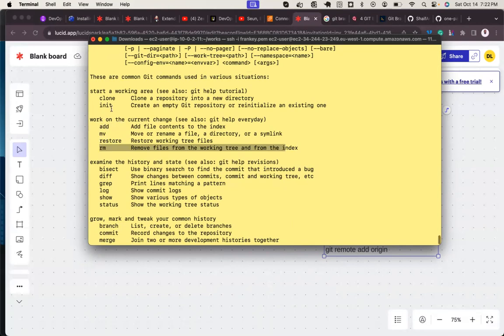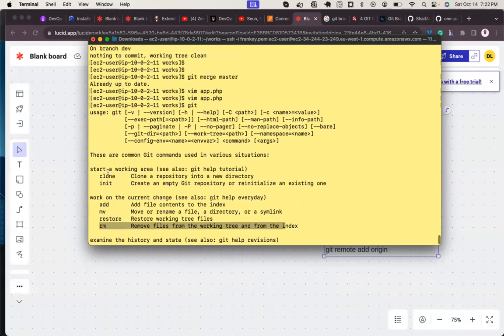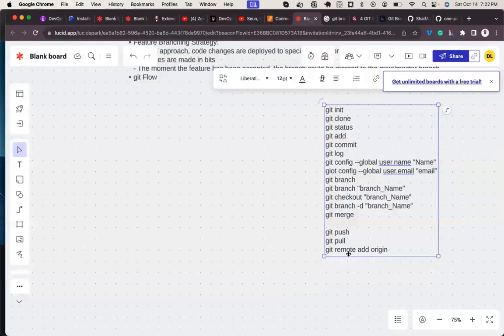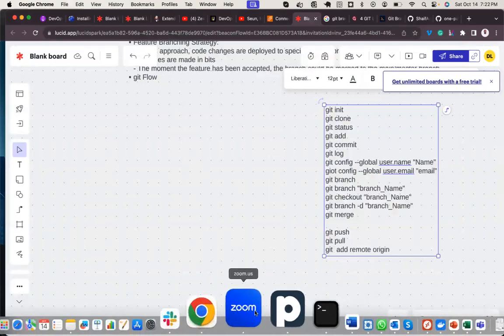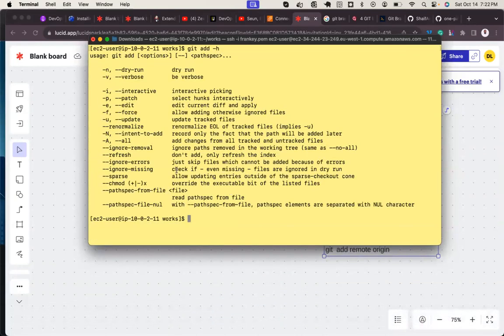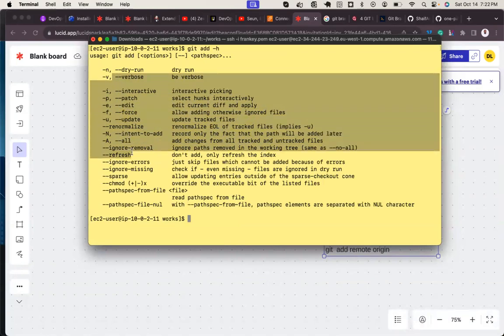Okay. So why is it not showing those management commands? Git add, sorry, it's like this. Git add is not git remote, it's git remote add origin, I think. Let me check. So git add --help. Anyway, when we meet tomorrow, we shall look at it. All right. Remote add origin, whatever.